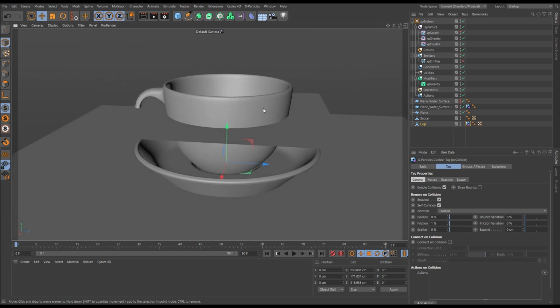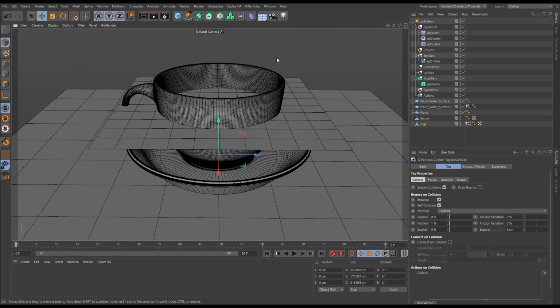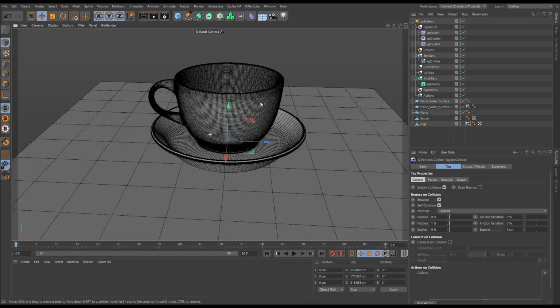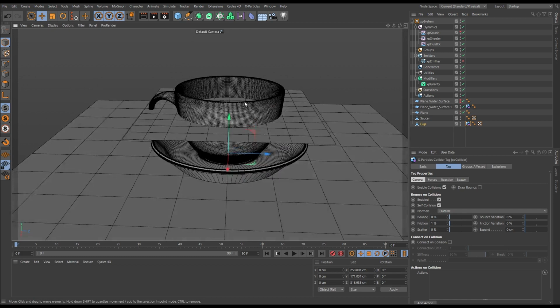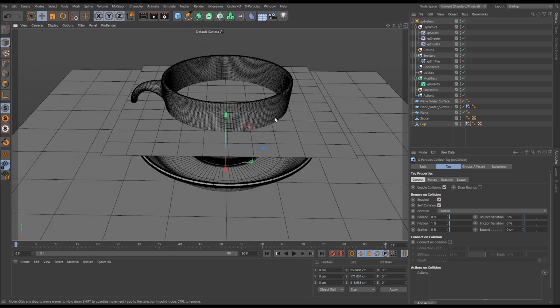The only problem with doing it in this method is that if we get any particles that splash over the edge, if we wanted to do a bigger splash, they'll obviously collide here and the illusion will be lost. They won't drip down the side of the cup. So that is one way of doing it if we know we're not going to get any splash particles coming out of the cup, and it's a really quick and easy way of getting some collision geometry. However, we can be a little bit more precise than that,